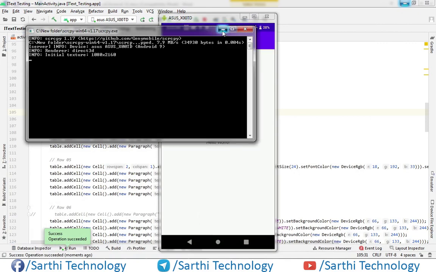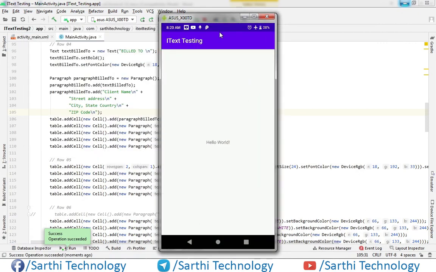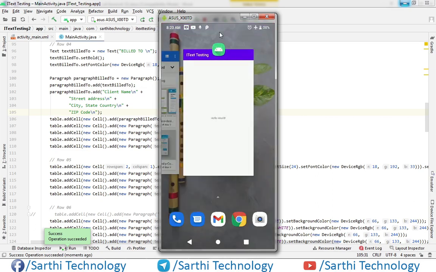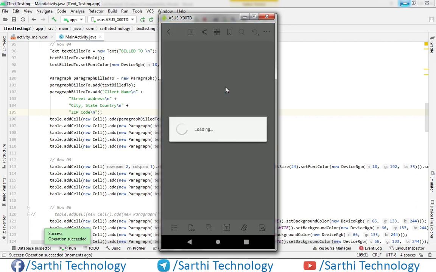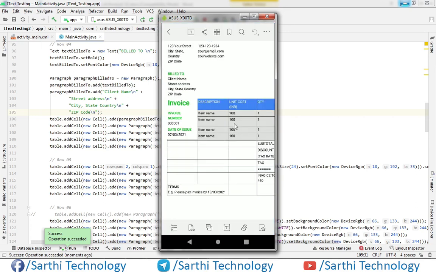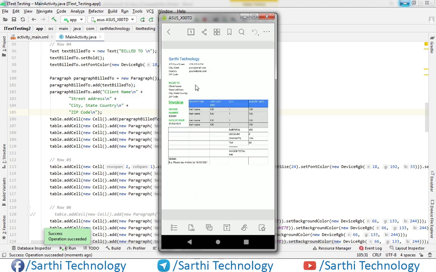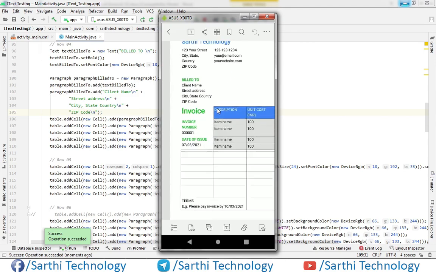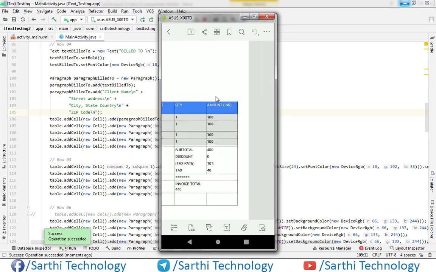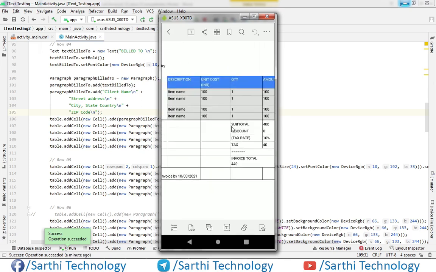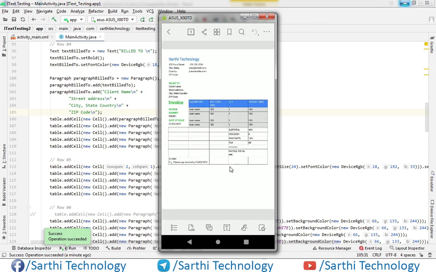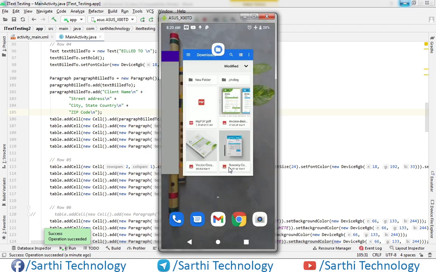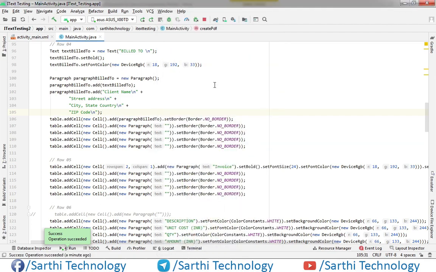And the PDF created. And now you can see our invoice, and now we need to format from here. Okay, so just close this and continue.